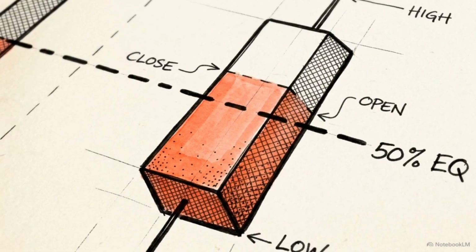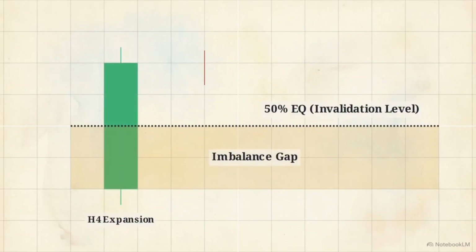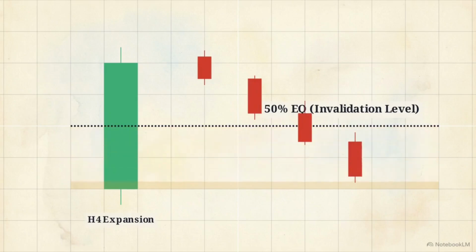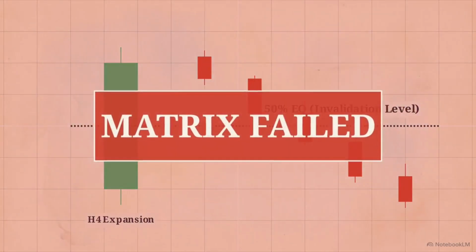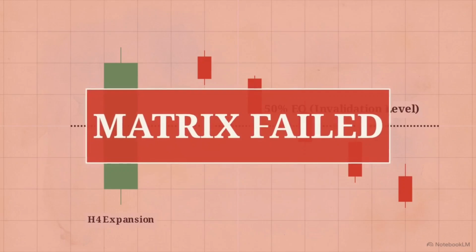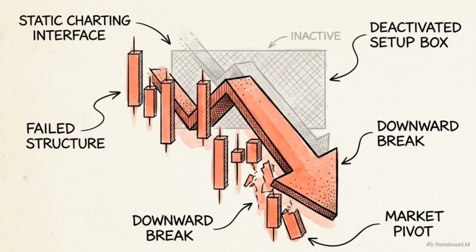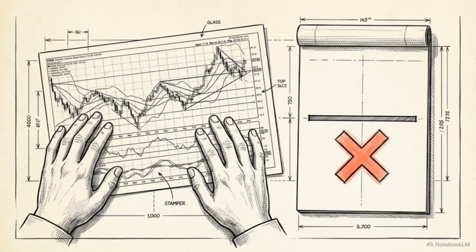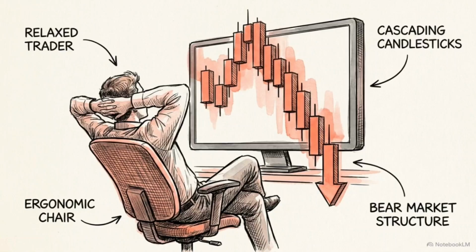If the price breaches that 50% mark and closes deep within the lower half of the preceding structure, the matrix fails. Watch the 30-minute candles breach the 50% line, aggressively filling the underlying gap. That red interface signals a complete structural failure of the continuation. This specific breach dictates that the continuation protocol is dead. The bias immediately shifts from a trend continuation to a deep reversal scenario. The 50% equilibrium rule provides a mechanical, emotionless boundary. It stops you from getting trapped on the wrong side of momentum when the institutional narrative changes.